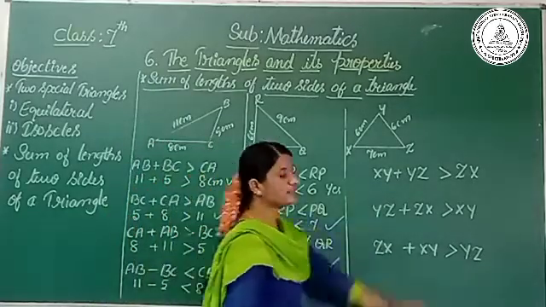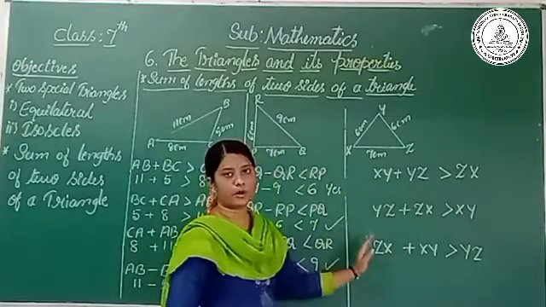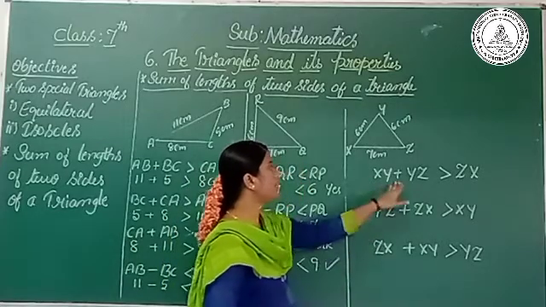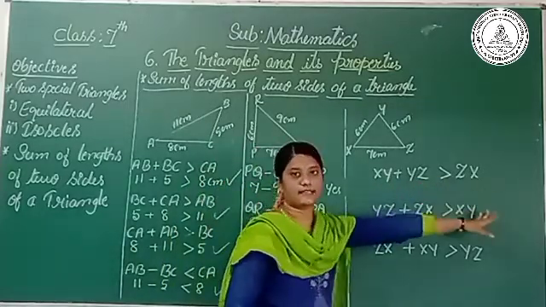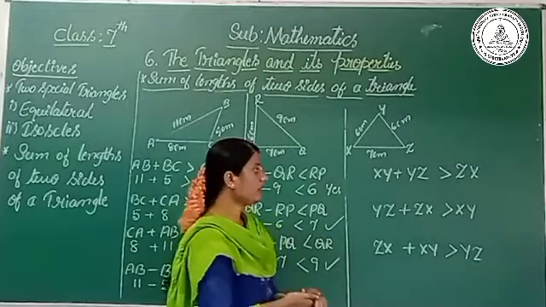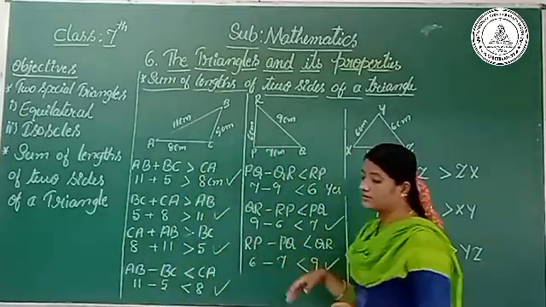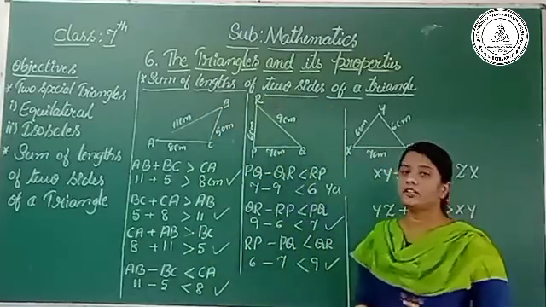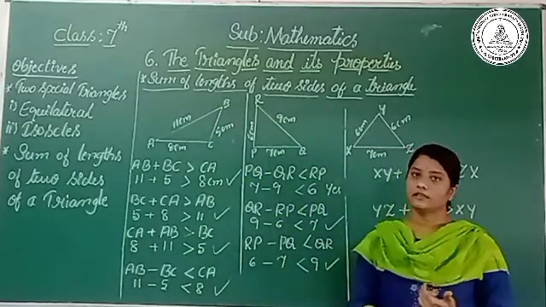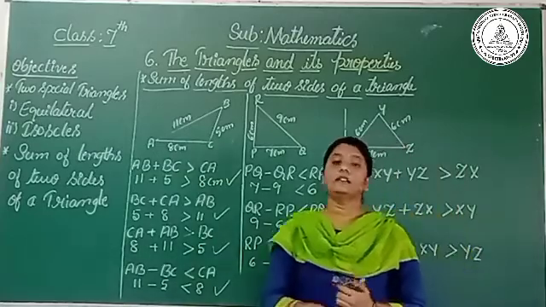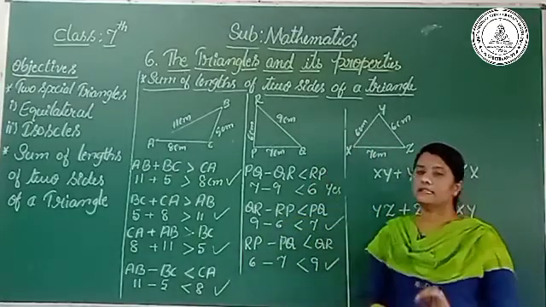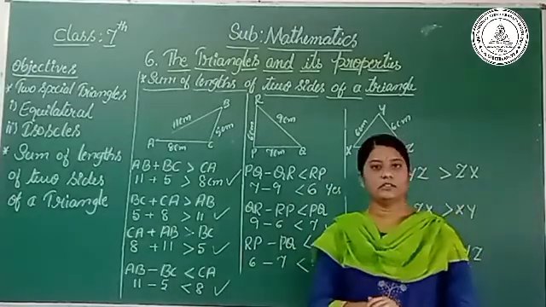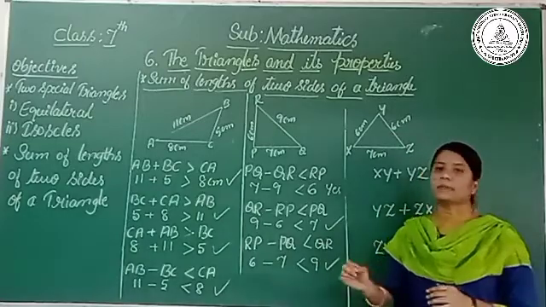At the same time, let's do it. You have to do this problem in your class workbook. Okay, you have to check whether XY plus YZ is greater than XZ or not. So by observing these two figures we can conclude that the sum of the lengths of two sides of a triangle is greater than the third side. So what can we say? That the sum of two sides of a triangle is greater than the third side. So that is the second concept. Then let's see some example problems.